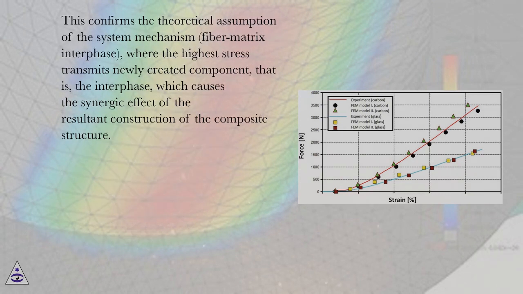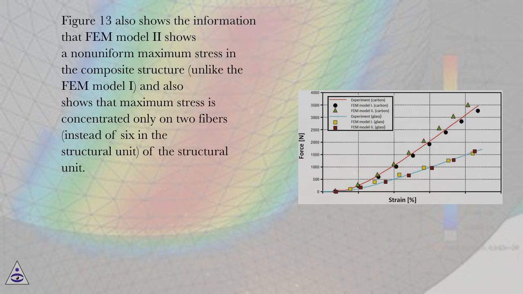This confirms the theoretical assumption of the system mechanism, fiber matrix interphase, where the highest stress transmits the newly created component, that is, the interphase, which causes the synergic effect of the resultant construction of the composite structure. Figure 13 also shows that FEM model 2 shows a non-uniform maximum stress in the composite structure, unlike the FEM model 1, and also